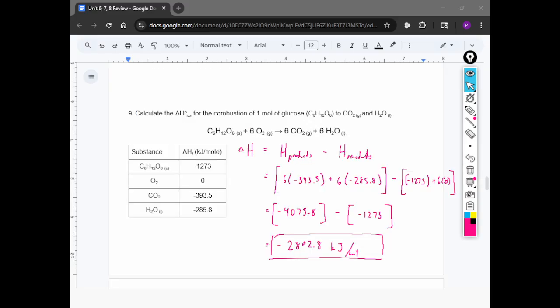Alrighty, guys, so I got the answer for you up there. Delta H is products minus reactants. So just plug and chug. Just make sure you multiply by the